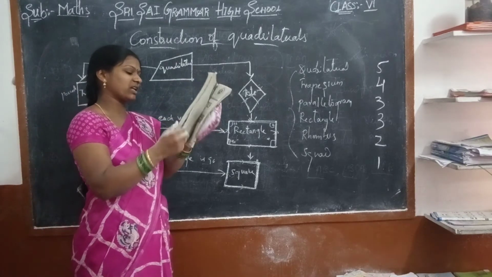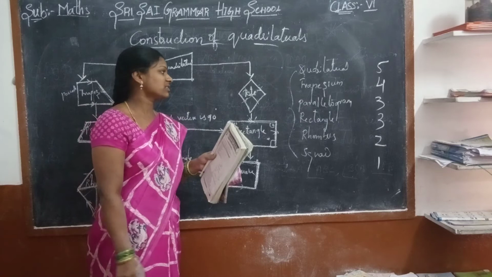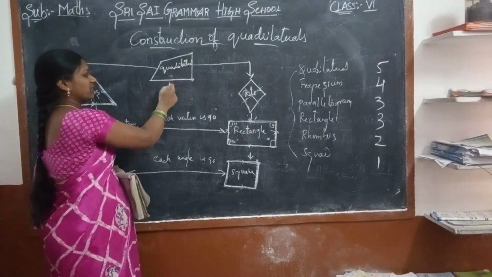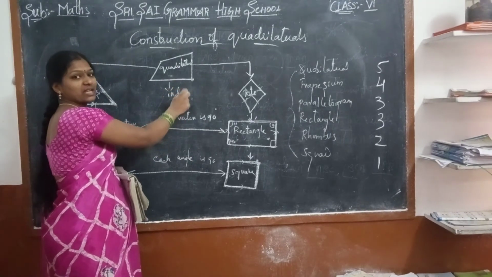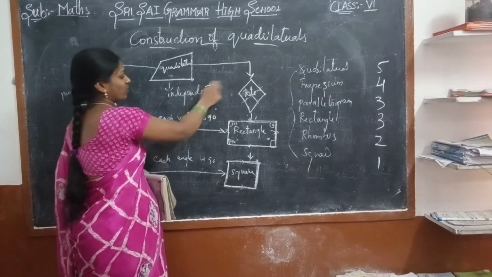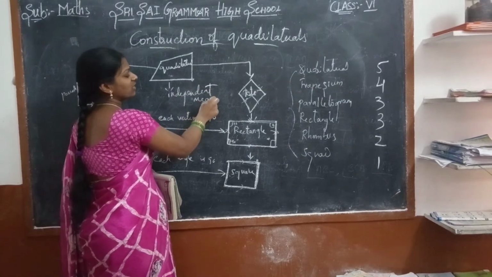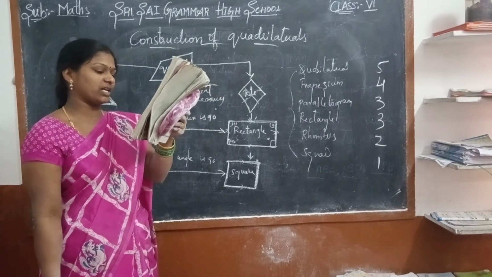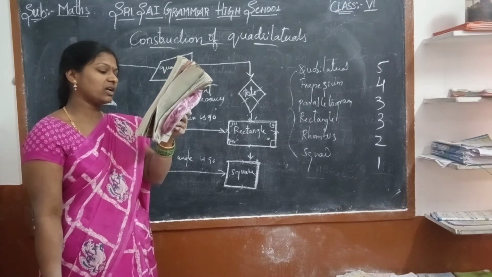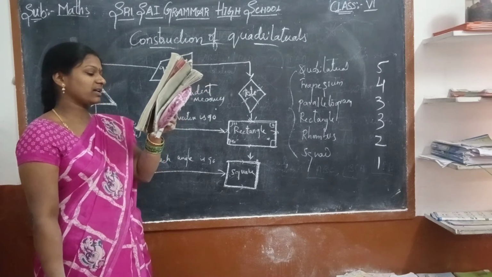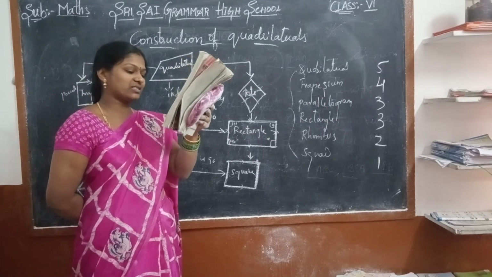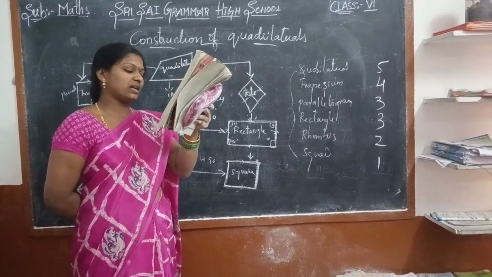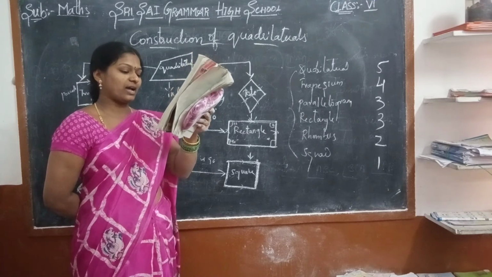Five independent measures are required to draw a unique quadrilateral. These are the 5 independent measurements required to draw a quadrilateral. A quadrilateral can be constructed uniquely if the lengths of 4 sides and 1 angle are given, or the lengths of 4 sides and 1 diagonal, or the lengths of 3 sides and 2 diagonals, or the lengths of 2 adjacent sides and 3 angles, or the lengths of 3 sides and 2 included angles.